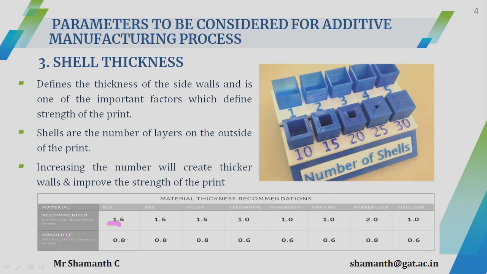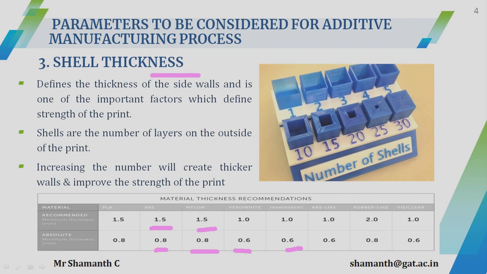You can see here 1.5 mm for PLA, 1.5 mm for ABS, and nylon 1.5. These are recommendations, but the absolute thickness can be up to 0.8 or 0.6 for Vero white. Transparent material has 0.6, ABS-like 0.6, rubber-like is 0.8 and 2. So these are some of the material thickness recommendations that you can have,